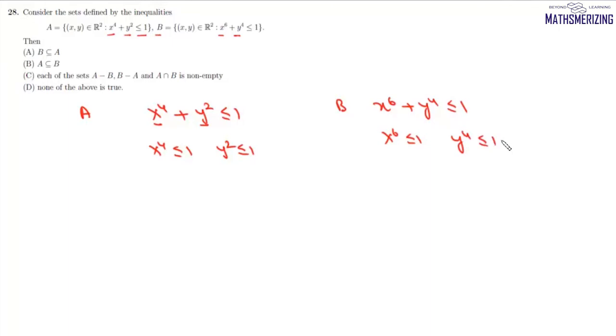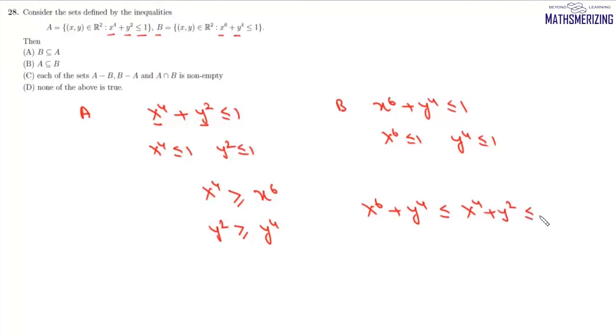Now we know that when x lies between 0 and 1, x to the power 4 will be greater than or equal to x to the power 6, and in the same way, y square will be greater than or equal to y to the power 4. So if we add them, we can write x to the power 6 plus y to the power 4 will be less than or equal to x to the power 4 plus y square,